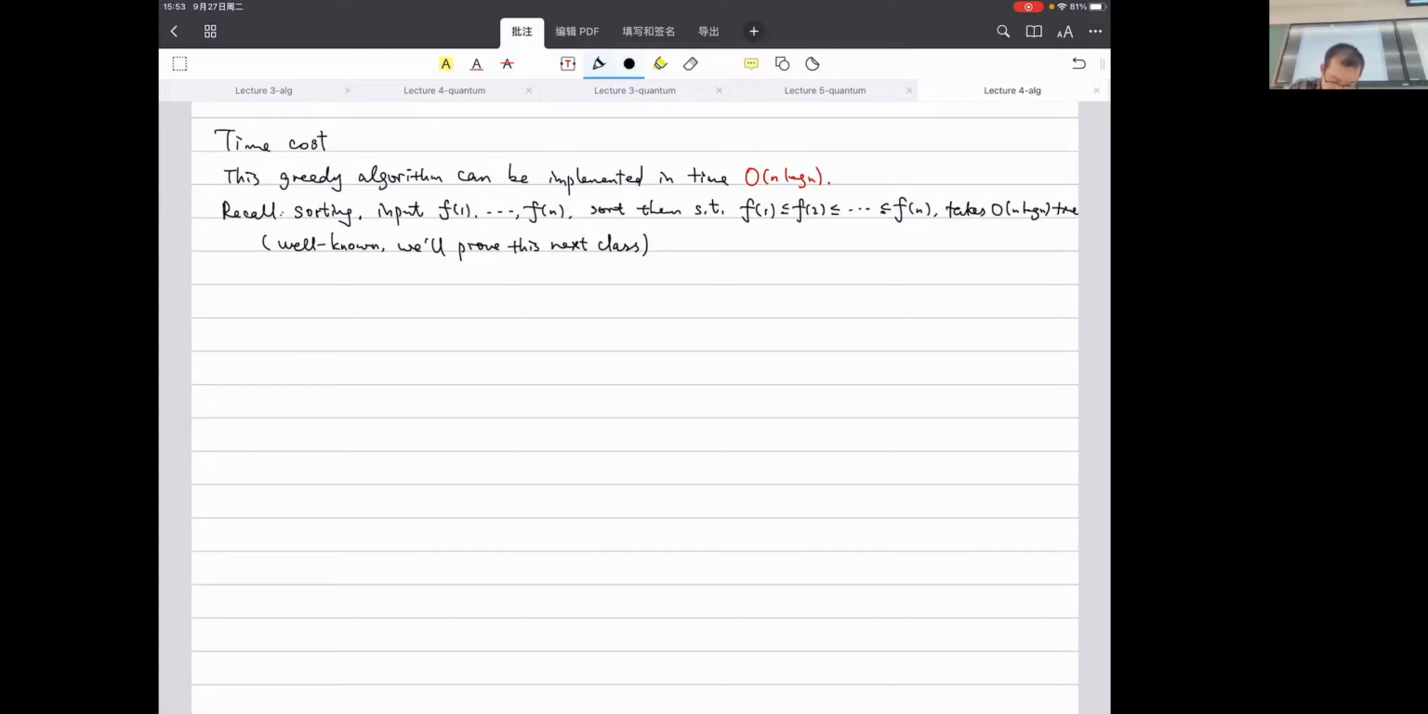Sorting only takes O(n log n). Here we are sorting by the finishing times, but we can also sort by the starting times, such that